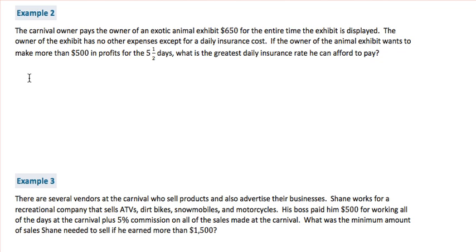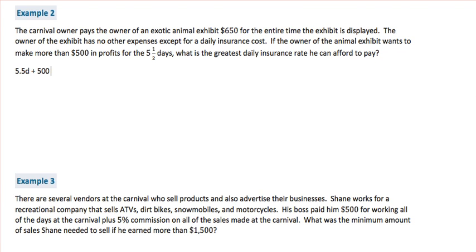So we've got 5 1/2 days. I'm going to make that a decimal. It'll be easier for me to work with right now. 5.5 times D, the number of days. And he wants to make at least 500 in profits. So he wants the amount of his insurance rate plus at least 500 to be greater than,